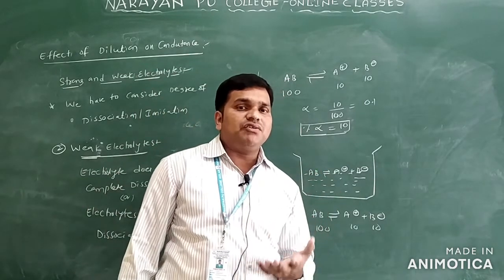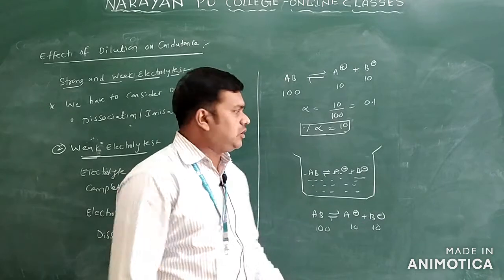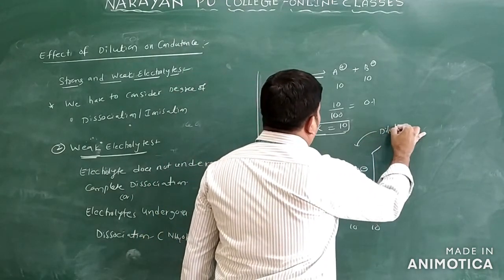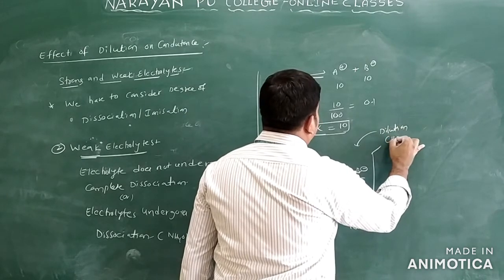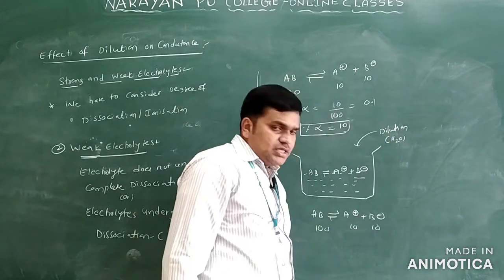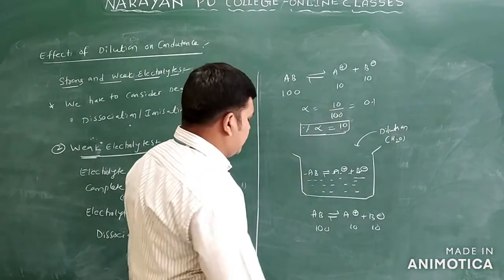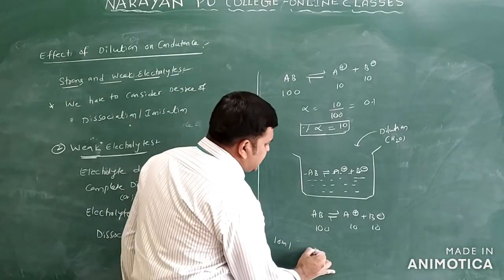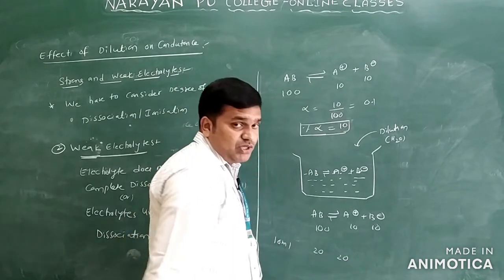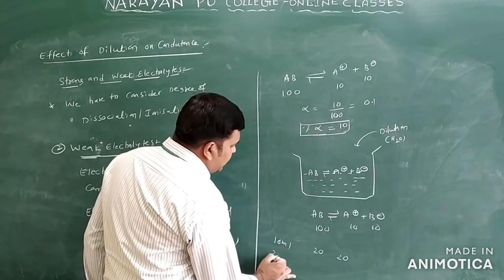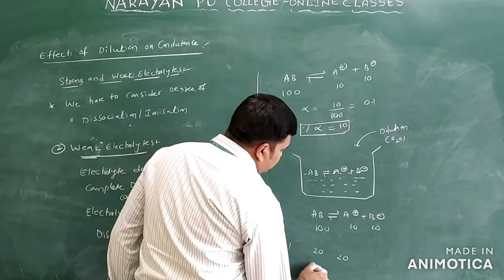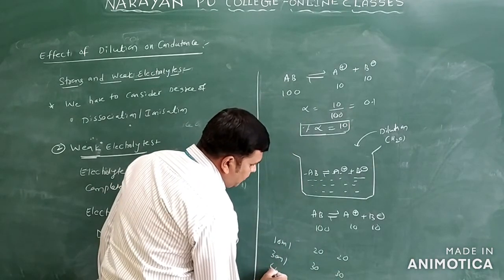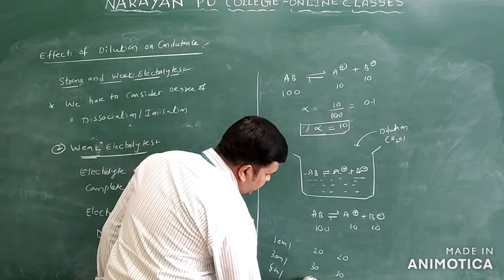Now these A plus and B minus ions, the number will increase by adding water only. Now I am adding water. So what we are doing? Upon dilution, we are adding water only. Suppose 10 ml of water you are adding. After adding 10 ml of water, A plus ion increases by 20, B minus ion increases by 21. After adding suppose 30 ml only, this becomes 30 and this becomes 30. Suppose I am adding 50 ml only, it becomes 50 and 51.